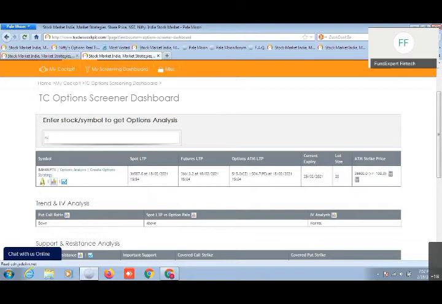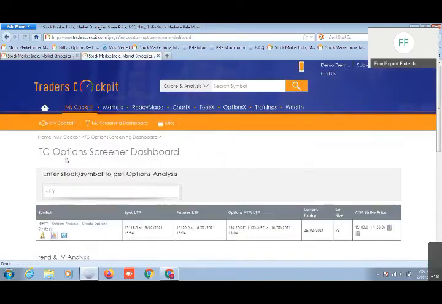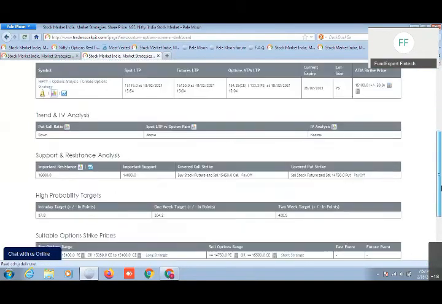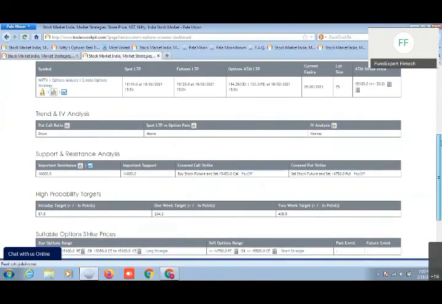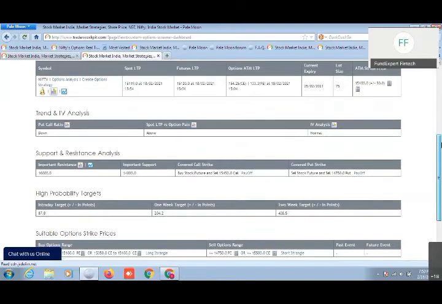Accordingly, for example purpose, we'll take the case of Nifty itself. And here currently LTP is at 15,119 and the futures and options values. The at the money futures, at the money call and put options values, it shows you here. In this page, you'll find various beneficial parameters like trend and IV